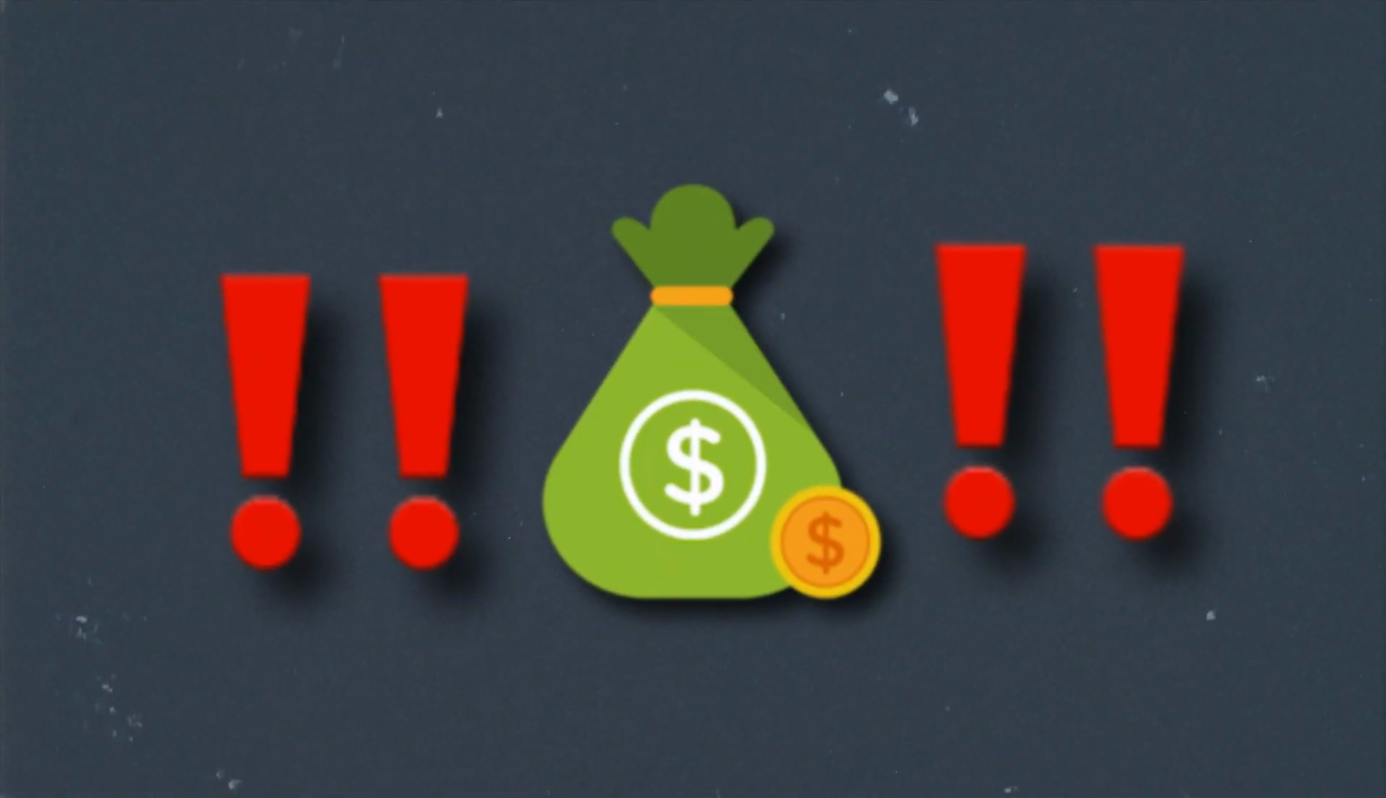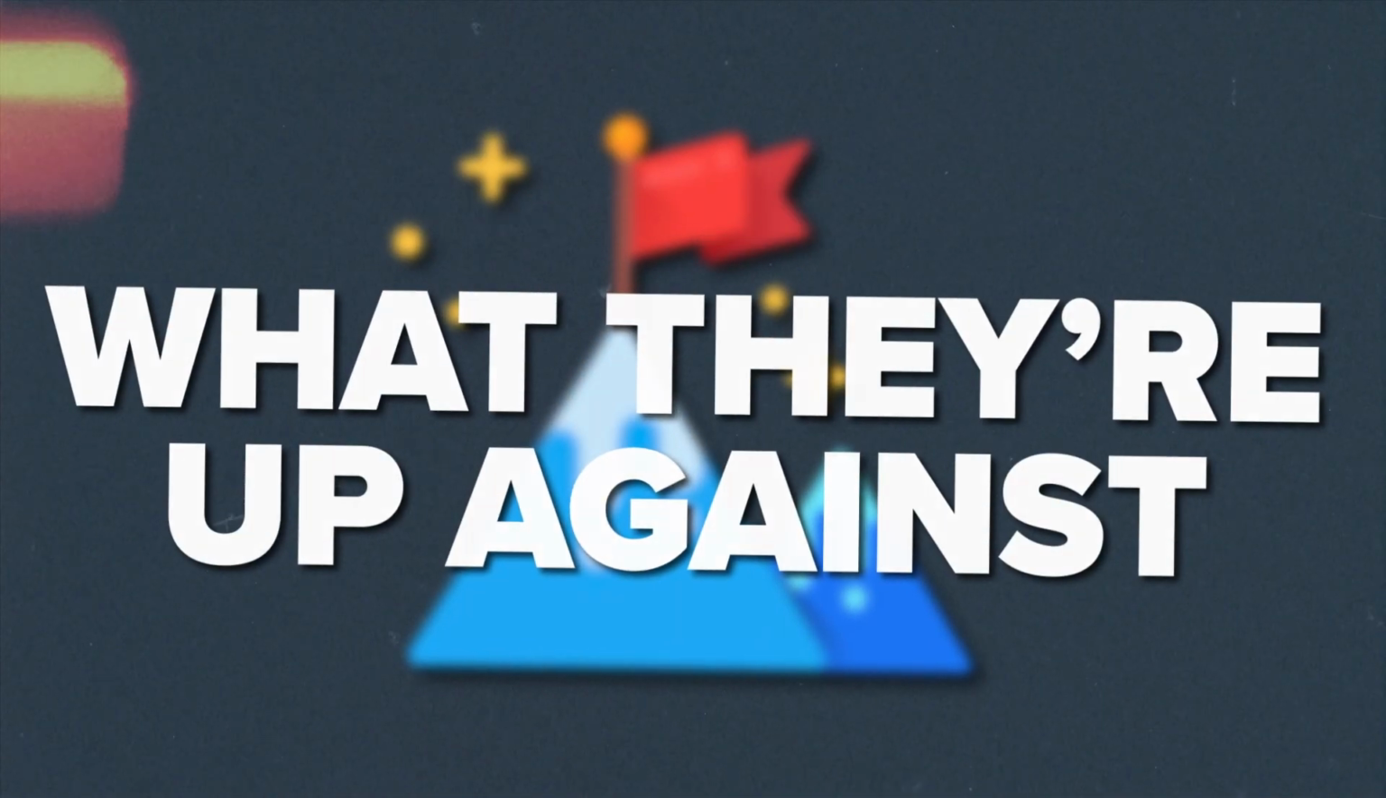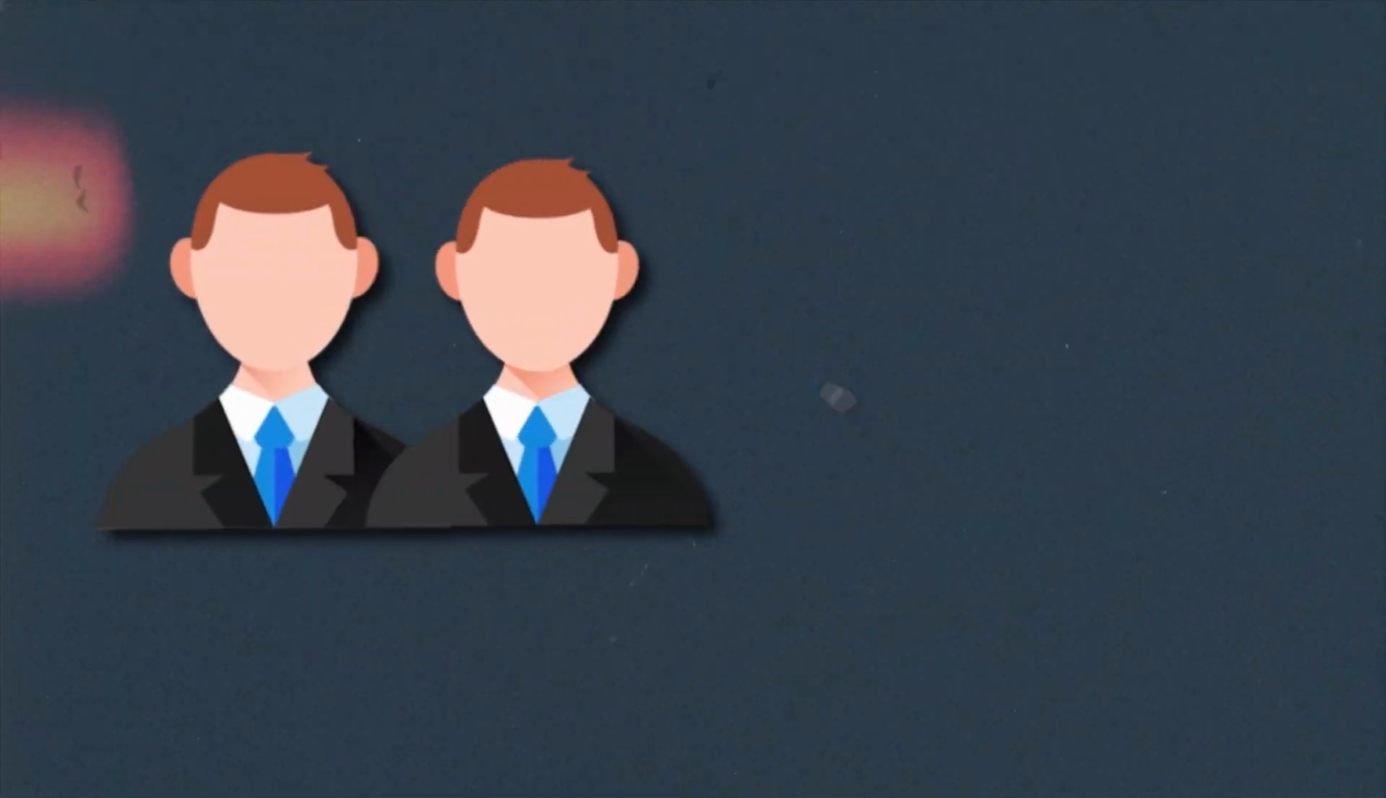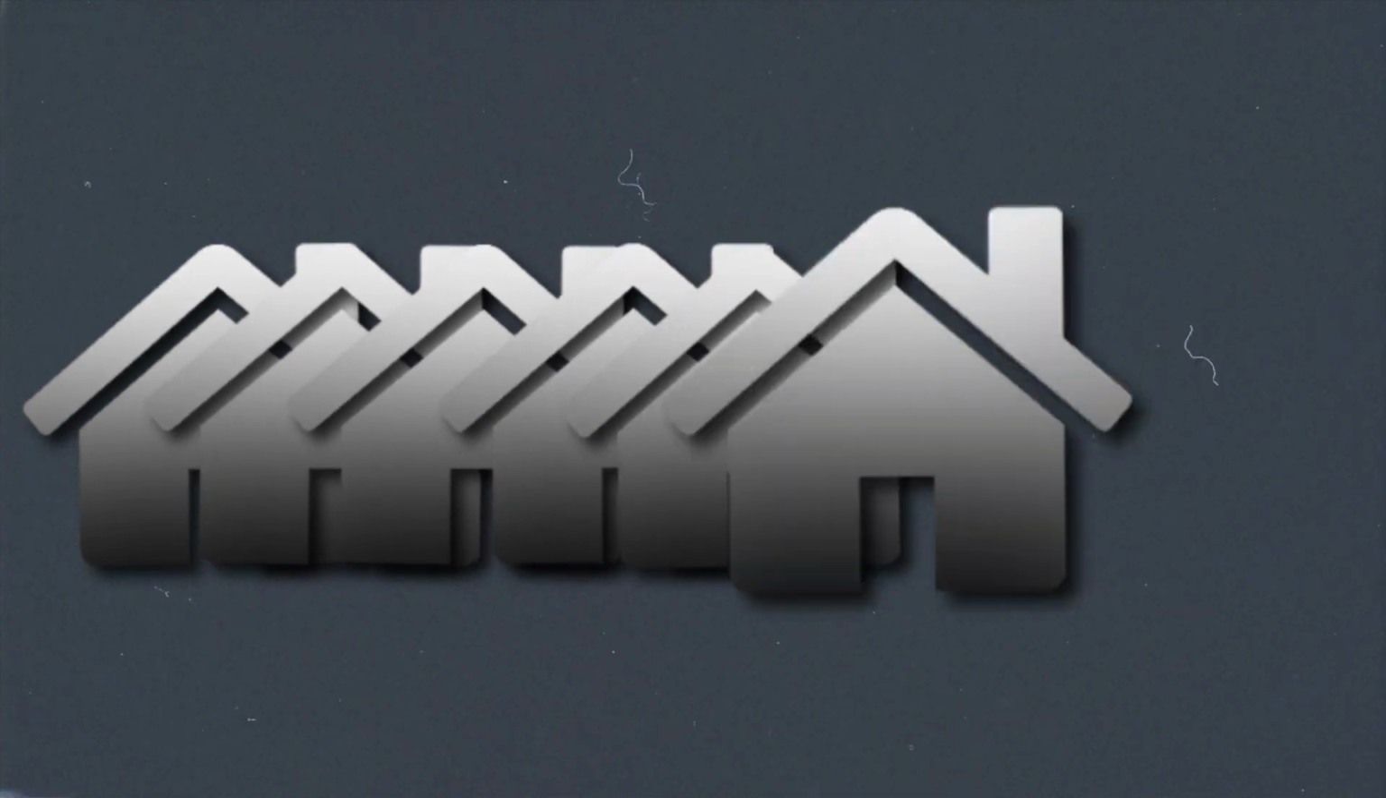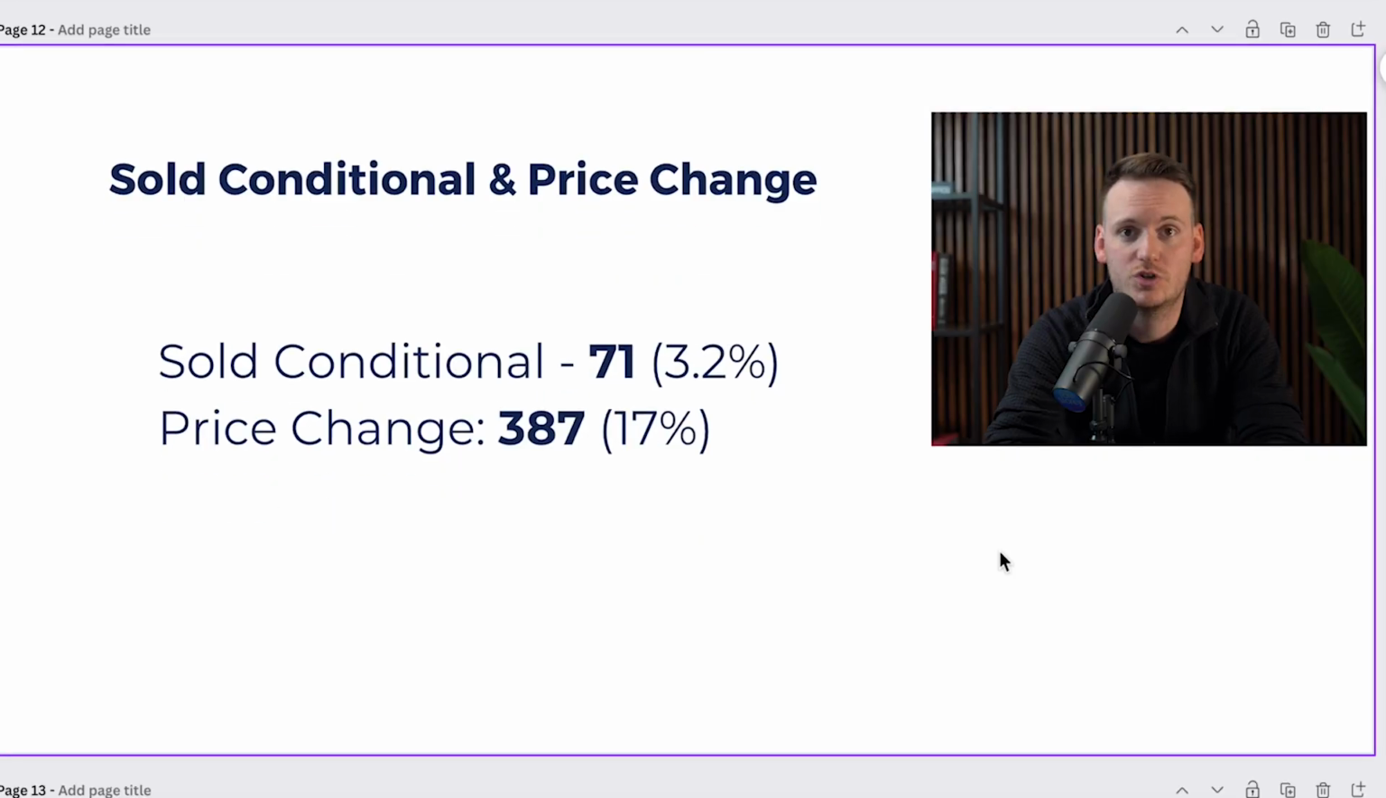I think this is information that sellers need to know when they're making a decision, to know what they're up against. Because you're not just up against other people who maybe are trying to sell their property. You're up against a whole lot of other listings right now that you're going to have to compete with. Then I want to show them, of the active listings, how many are sold conditional and how many have recently changed their